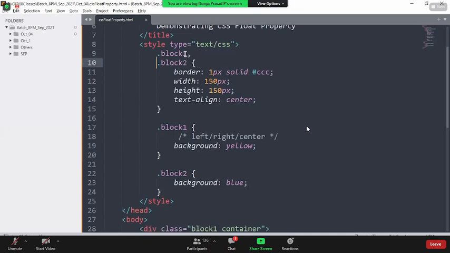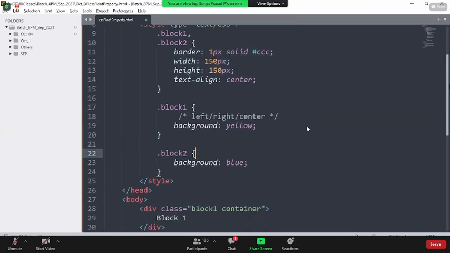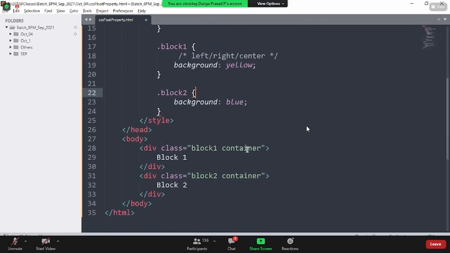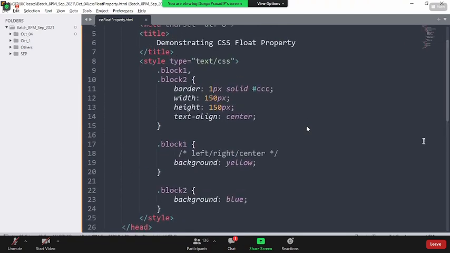I am saying that block 1 and block 2 have these properties, so both elements will have these properties. And for block 1 individually, you have a yellow color, and for block 2 individually, the blue color. The advantage is you're not even wasting memory by taking a separate class name. Using the same block 1, block 2, you're defining common properties for both.